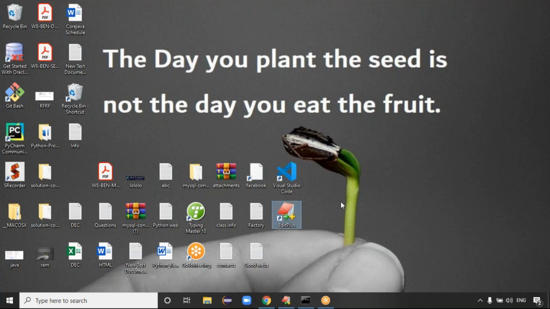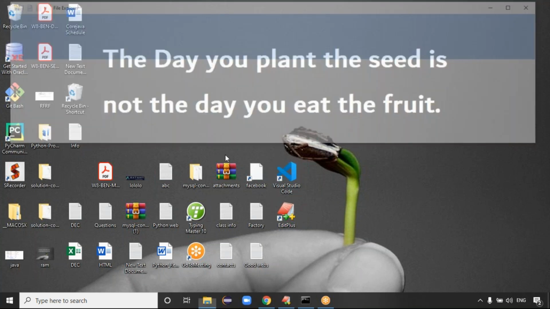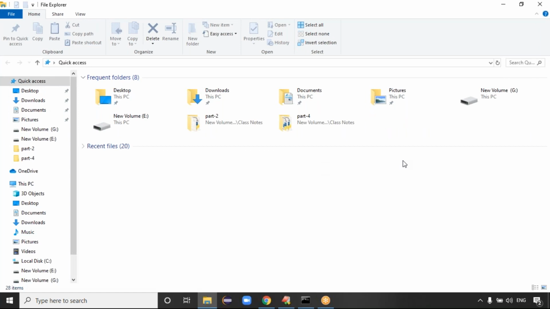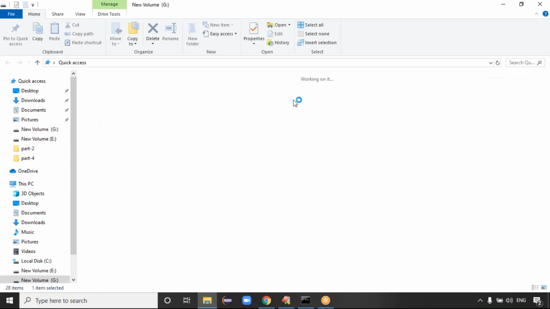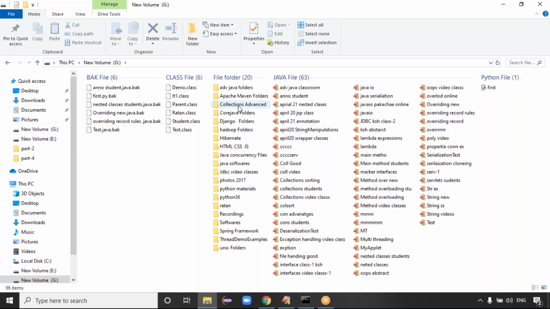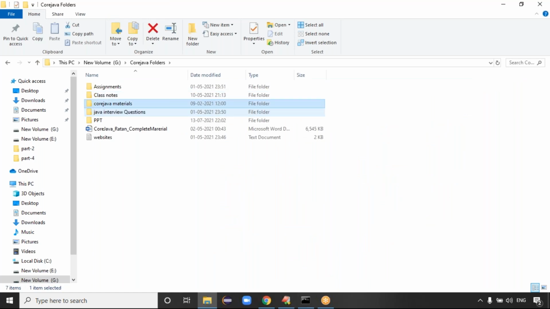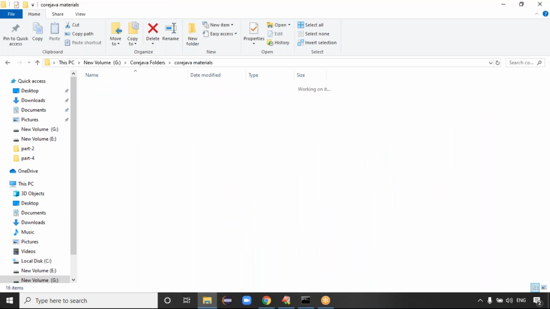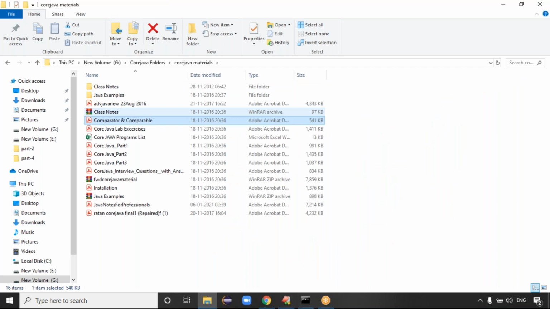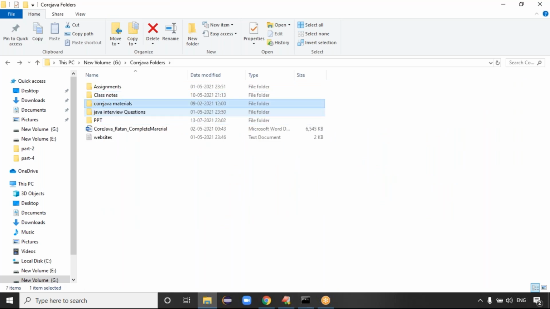Today you will complete the JVM architecture. Try to see the JVM architecture once. JVM internally works, right? So don't worry about that. We will select a high level diagram regarding the JVM architecture.